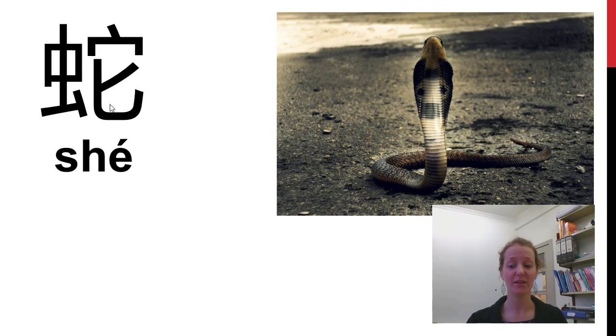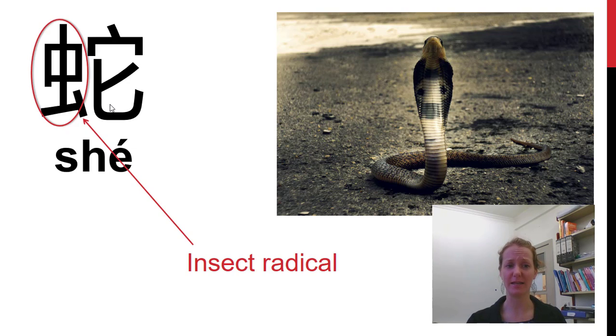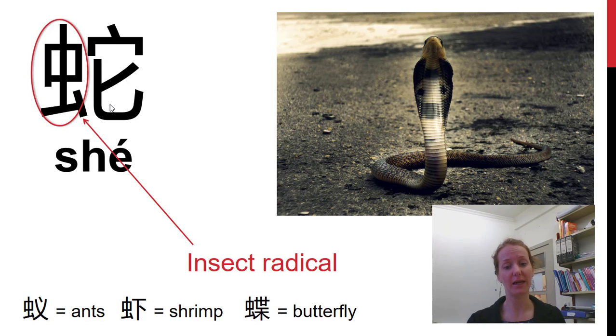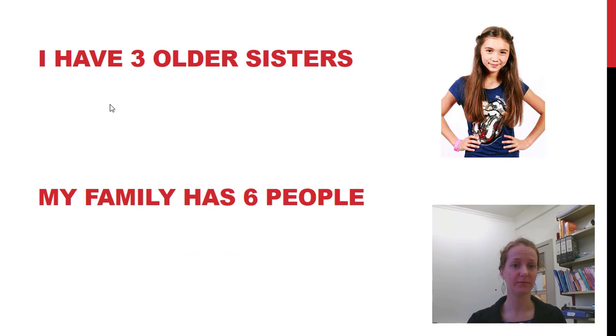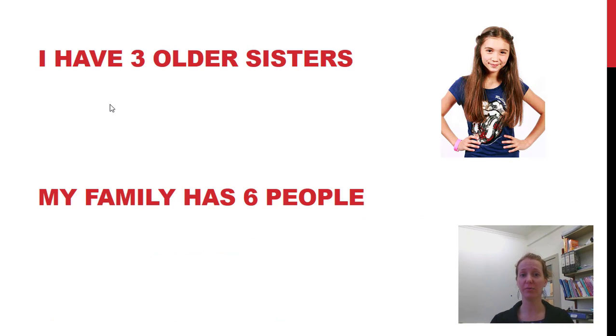You probably don't have one of these as your pets, but you might want to talk about it one day. What's interesting in this one is that it has an insect radical. So why would a snake have an insect radical? I think maybe because of the shape of it, because it's long and skinny, it looks a little bit like a worm. So maybe it came from that. A worm's an insect. And so here are some other ones that have the insect radical: 蚁, 虾, and 蝶. 我有一条蛇。